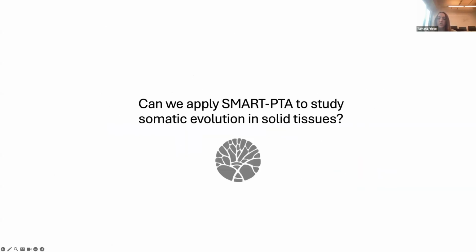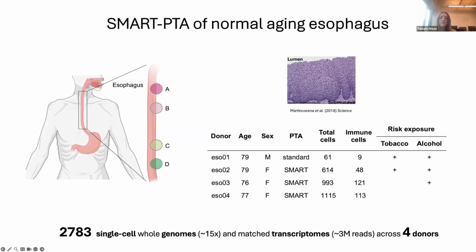And now that we have a working methodology, we applied it to the esophagus. We first sampled a single esophageal region from one donor and did a standard PTA plus RNA. And then we applied a SMART-PTA workflow to biopsies from 4 different regions of the esophagus in 3 elderly donors. And we flow sorted epithelial and immune cells, and we obtained more than 2,700 single-cell whole genomes with matched